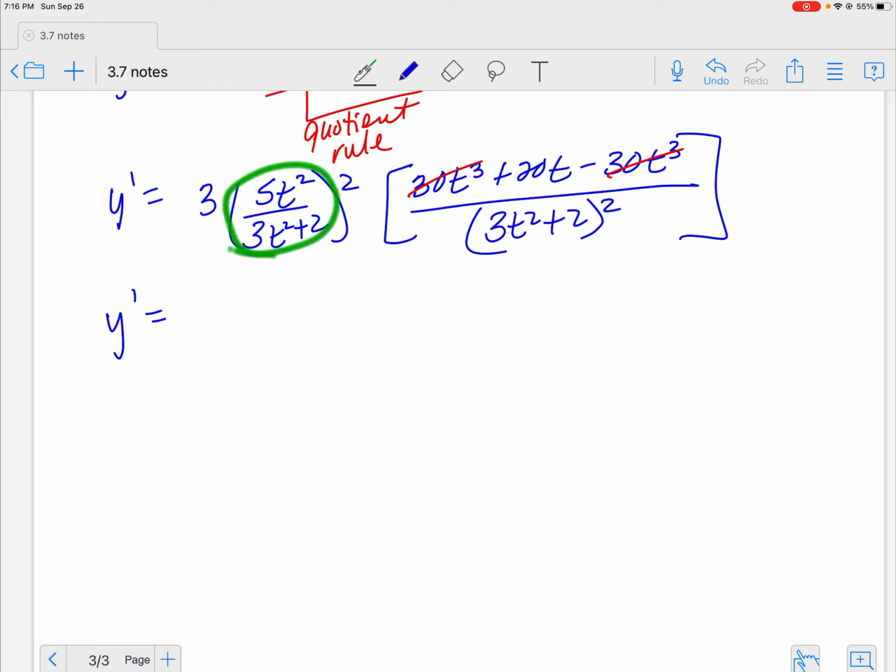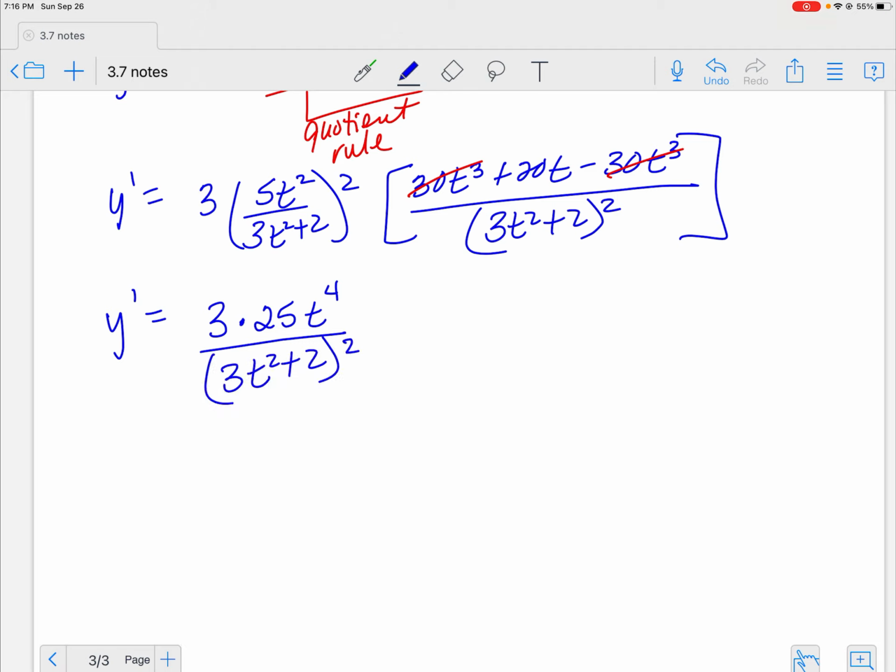When you have a rational expression that is to an exponent, this exponent goes to both the top and the bottom, right? So I really have 3 times a 25t to the 4th over 3t squared plus 2, squared, times this 20t over 3t squared plus 2, squared. Now we can combine all that. We've got